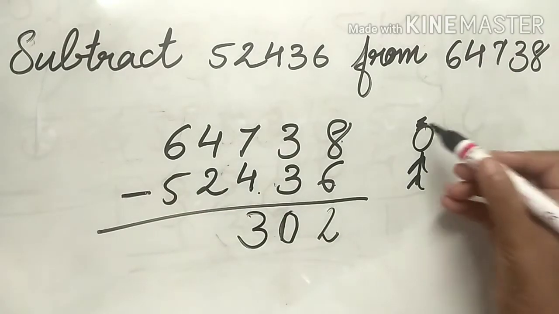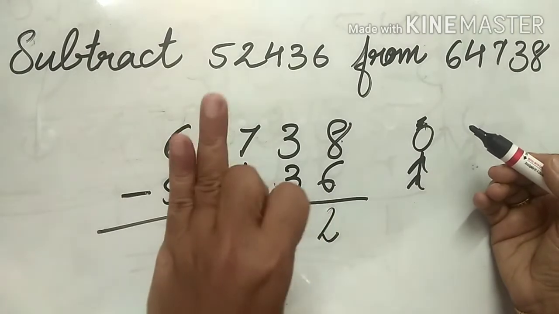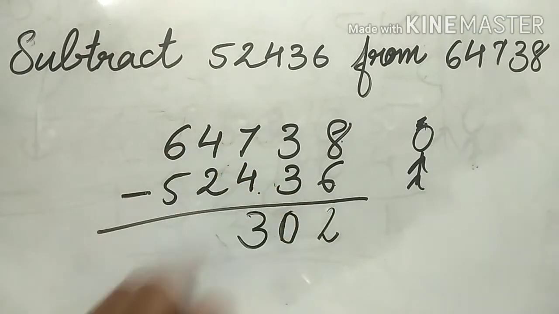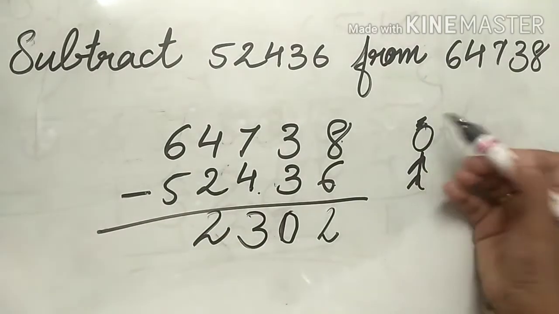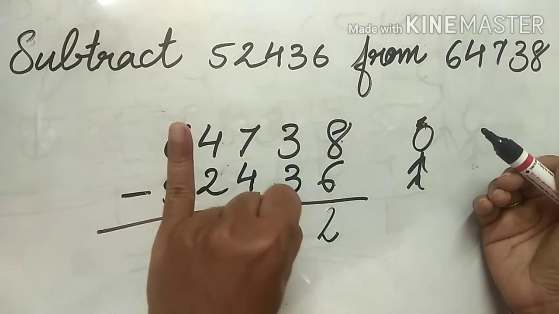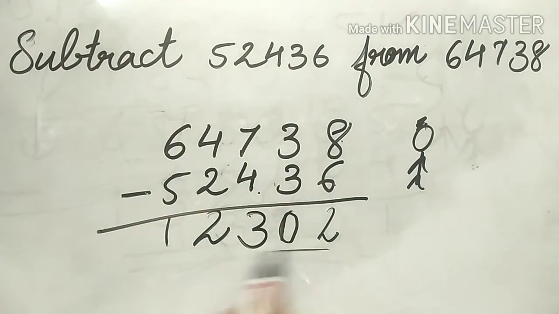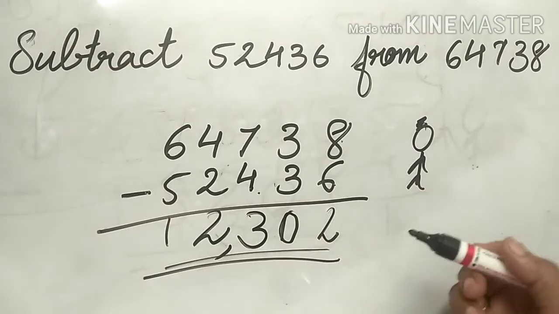4 minus 2. 4 in your mind. After 2, 3, 4. How many fingers? 2. 6 minus 5. 6 in your mind. After 5, 6. How many fingers? 1. So the answer is 12,302. And one more thing, children, when you have any doubt regarding your answer, whether it is correct or not,